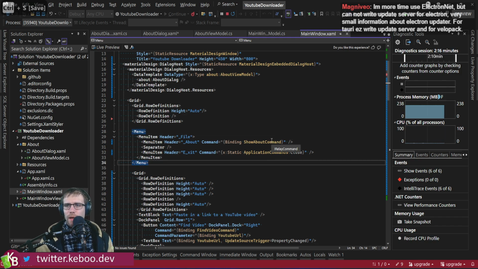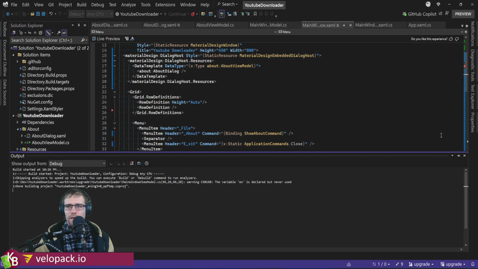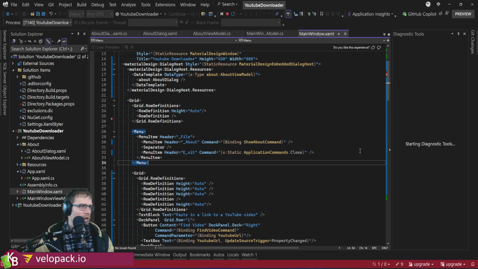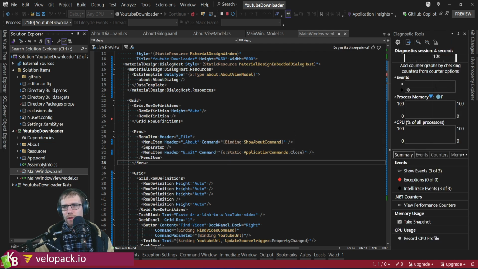Yeah. More time, use Electron.NET. Cannot write an updater server for Electron. Very small amount of information on Electron updater. For Tauri, easy to write an update server. And for Velopack, that is awesome. That is awesome. And really that's one of the things that we've been looking to target, is making sure